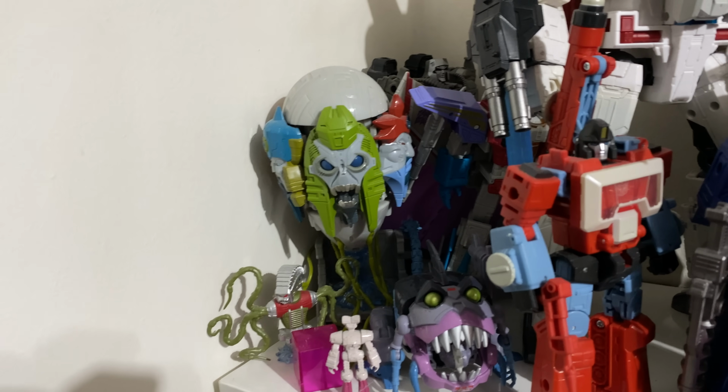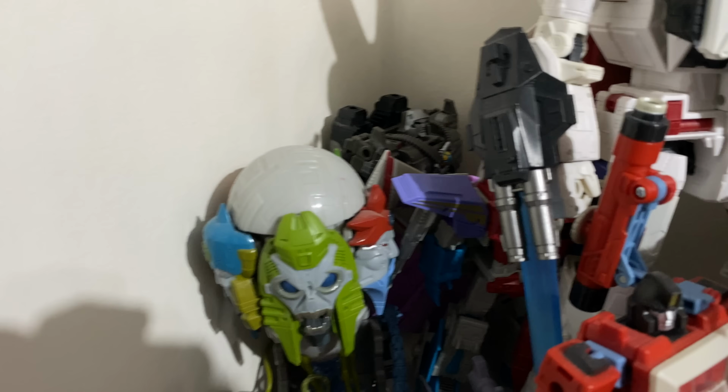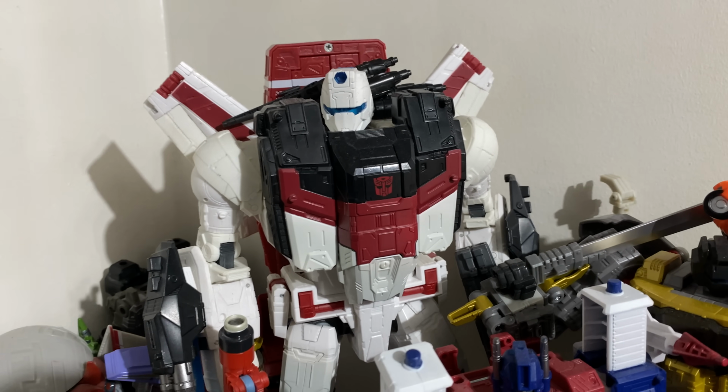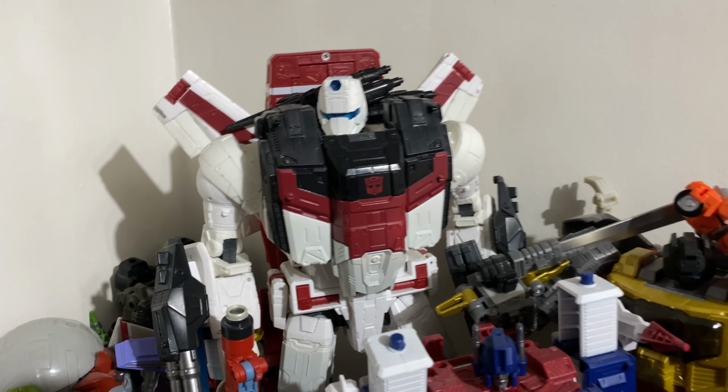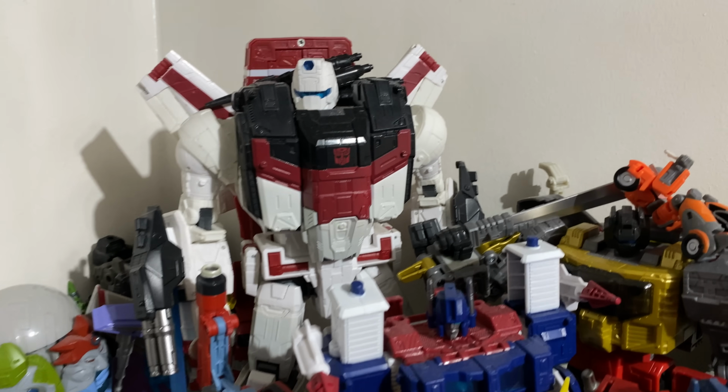So we've got the SDCC Quintesson Judge, we've got the new Studio Series Sharpticon, as well as Kranix and the Prosecutor. Buried beneath there, we've got the Netflix Megatron, as well as Coronation Starscream, the outstanding Commander Class Jetfire, tucked into a corner sadly, just as I really don't want him to discolour at all. So I've tried to put him in the darkest area in the collection, and here's hoping that white plastic will